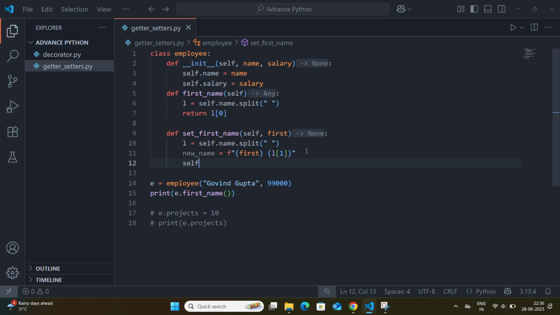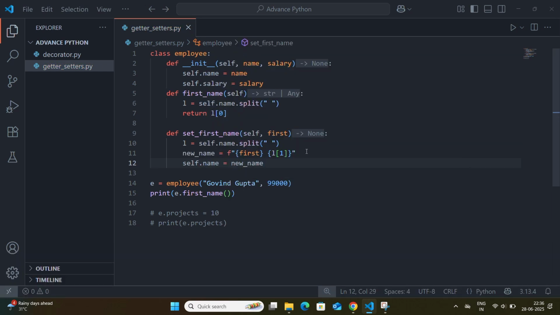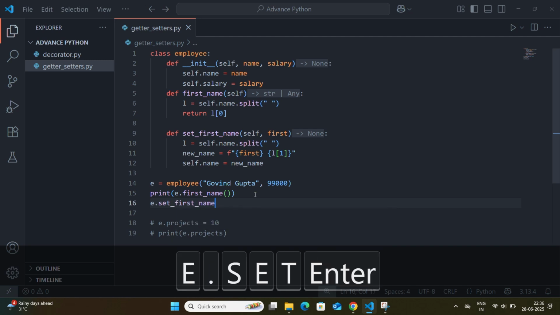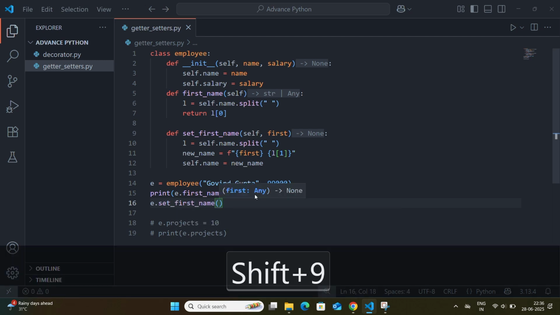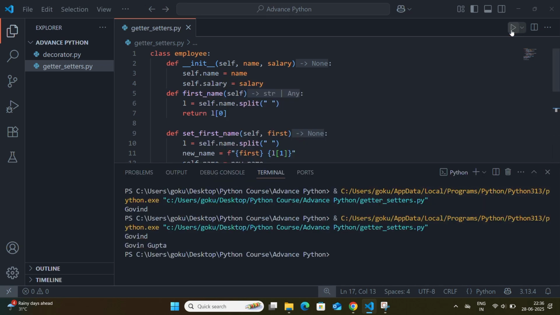Now we can write self.name equals new name, and e.set_first_name in double quotes Govind. So you will see the output Govind. Great, we have now added both a way to get and set the first name.